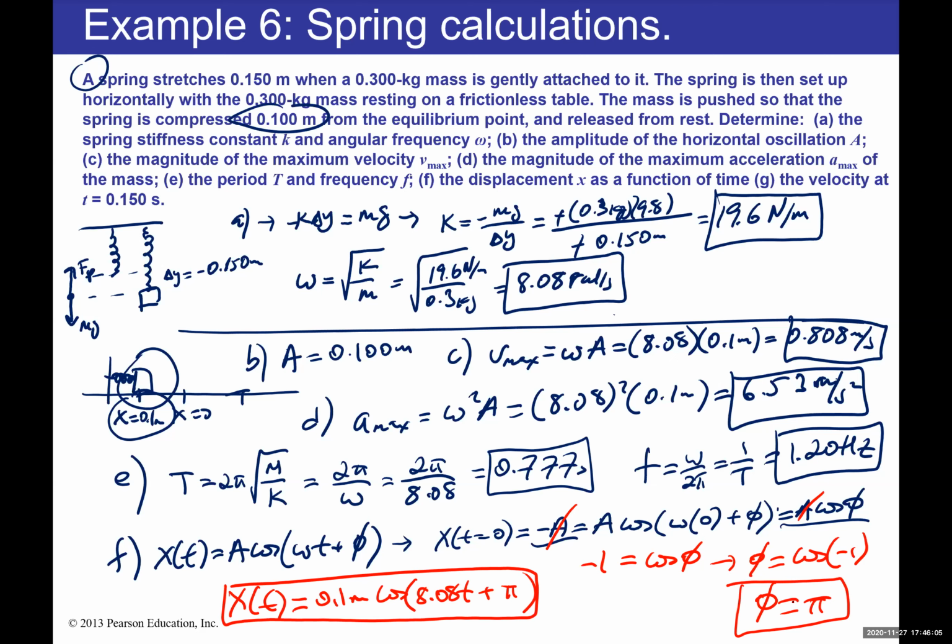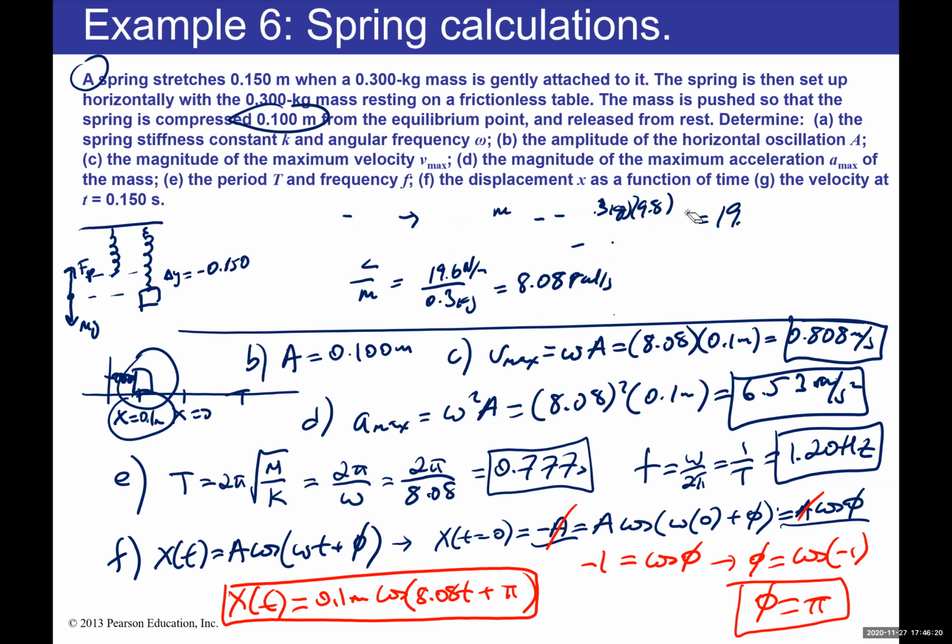And we needed to find the phase constant phi. The last one says the velocity at 0.150 seconds. All right, so for that, I'm going to need some room. Let me get rid of this because we already have the spring constant k and the angular frequency values. So for that, what I'm going to do is remember that velocity